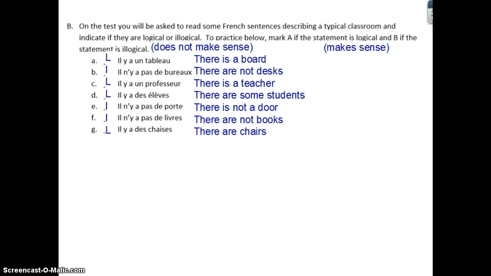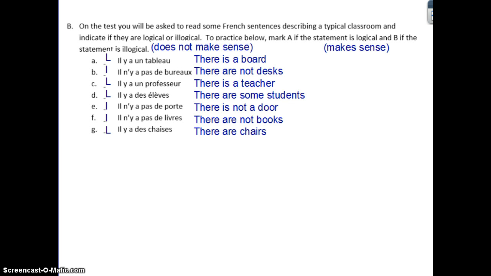So for example, for letter A, il y a un tableau. It means there is a board. So the first thing I need to do is figure out what it means. And then once I figured out that it does mean that there is a board, as in a chalkboard, whiteboard, blackboard kind of thing, I need to think about a typical classroom and decide whether that's logical, meaning pretty normal, makes sense, or illogical. And I went ahead and marked down the letter L. I guess technically I should have marked down A for logical, because it is pretty normal to have a classroom